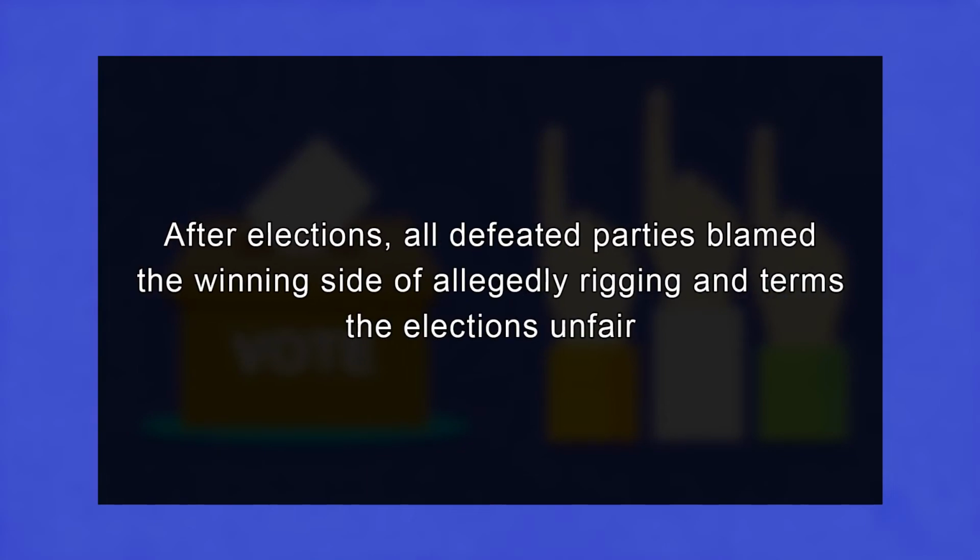Therefore, after elections, all defeated parties blame the winning side of allegedly rigging and term the election unfair. Furthermore, the parties also manipulate election results when they come into government. It's hard for a party to get a clear majority due to the multi-party system in Pakistan. As a result, mostly a coalition government has to be established and many parties remain in government despite fewer seats